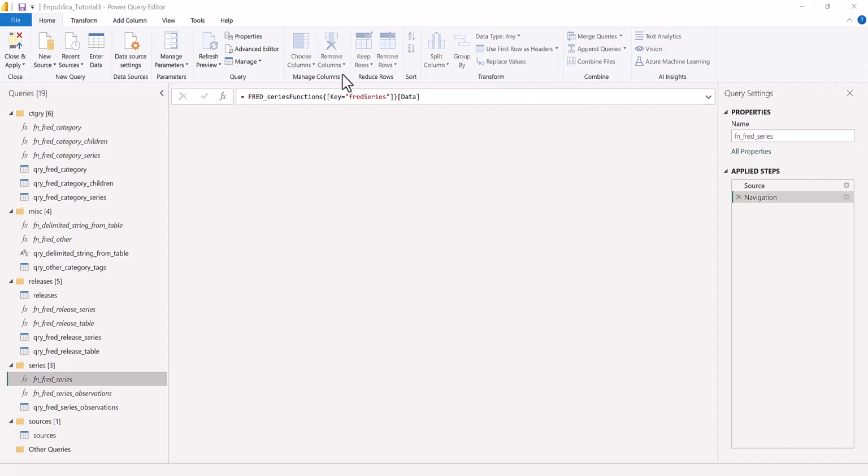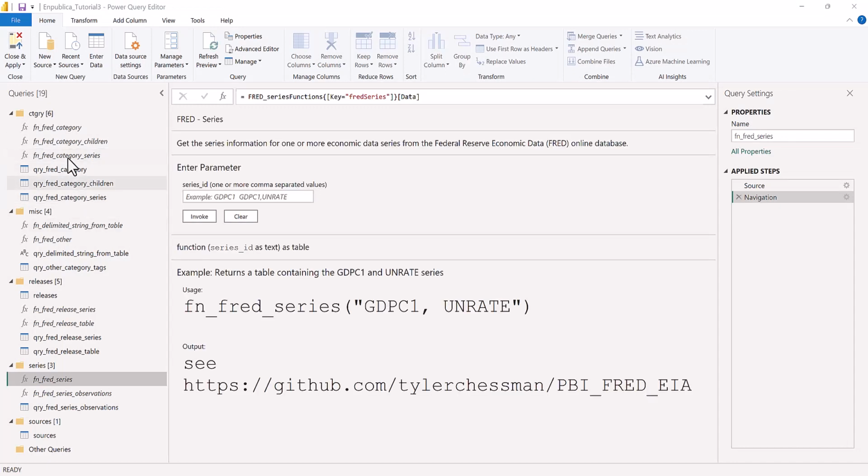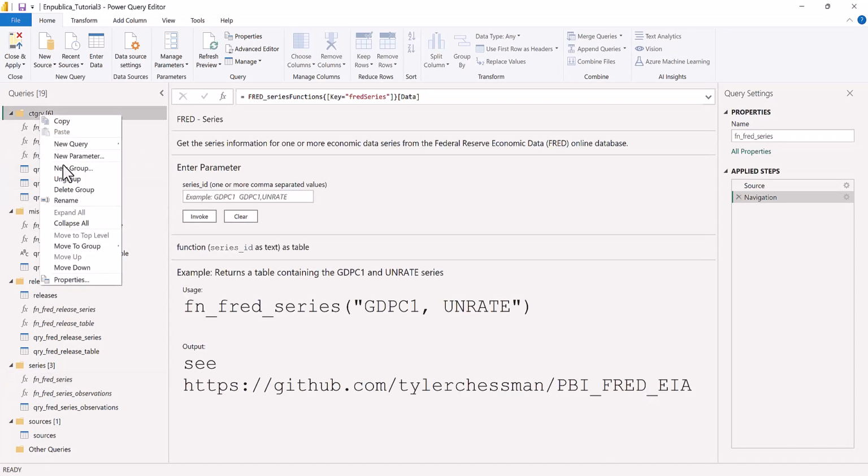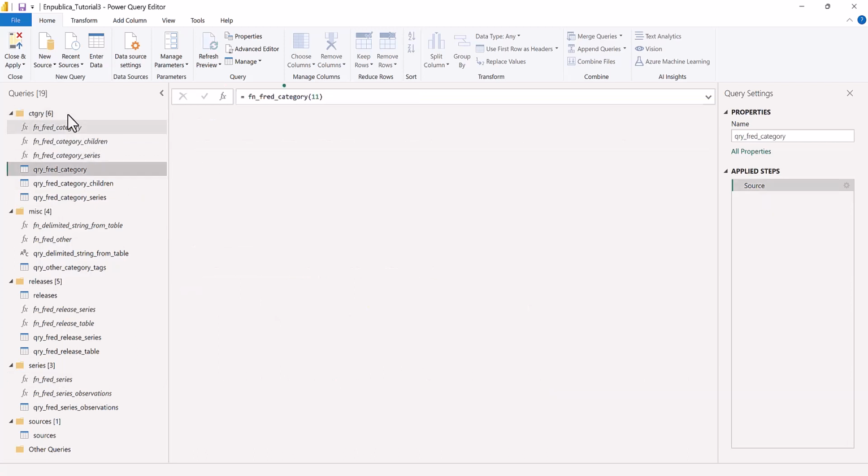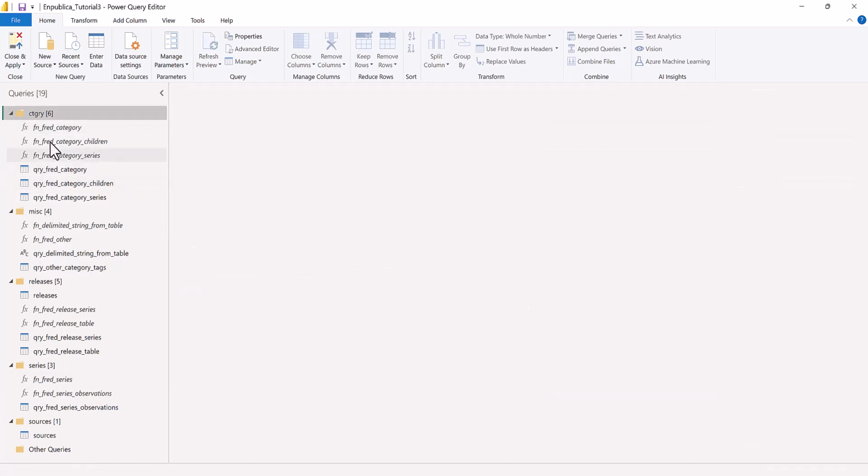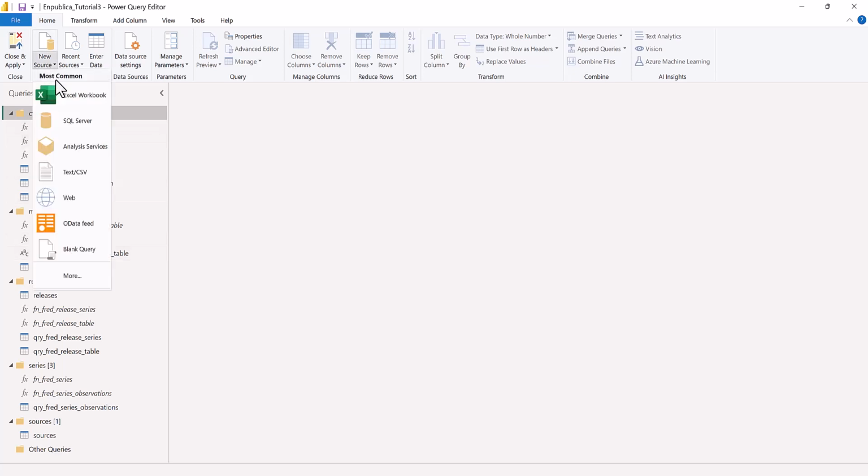the Power Query Editor. And in the Power Query Editor, you'll notice we've already implemented several different what we call groups, or just ways to categorize things. We've got several different functions that we've already imported. We've actually called several of the functions, so I've tried to use a naming standard of FN for functions and QRY for queries. And by the way, we got all these function definitions